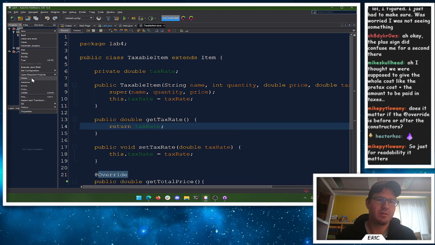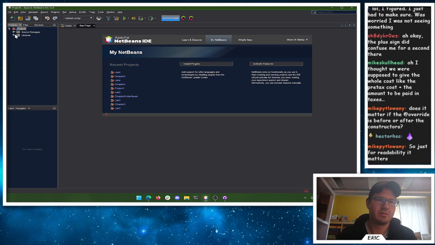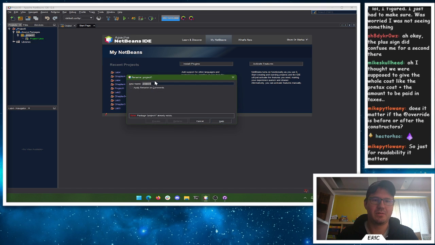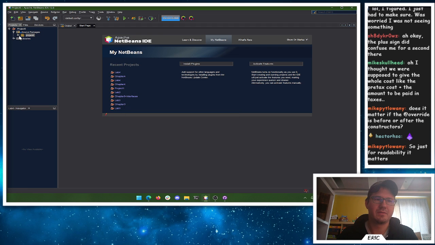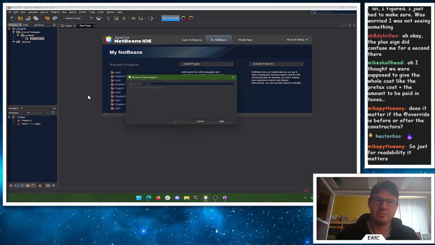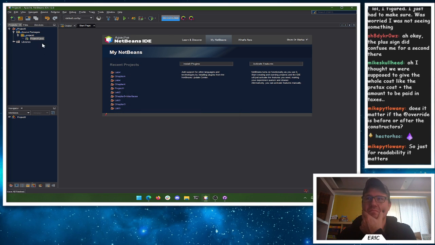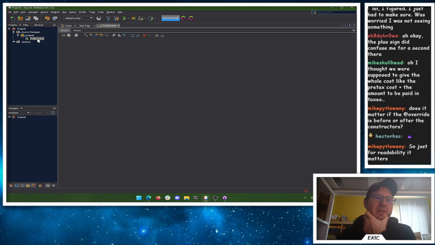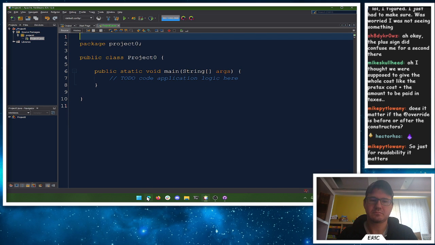Close lab 4. Rename this one. Refactor rename 0. You don't want to be confused, right? And this one, refactor rename project 0. There we go. All right, now it's all lining up here. Okay. So